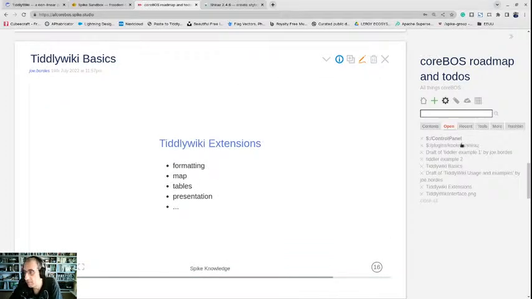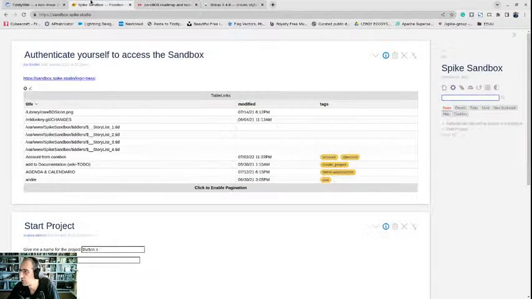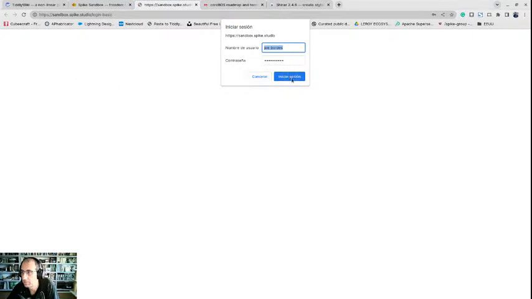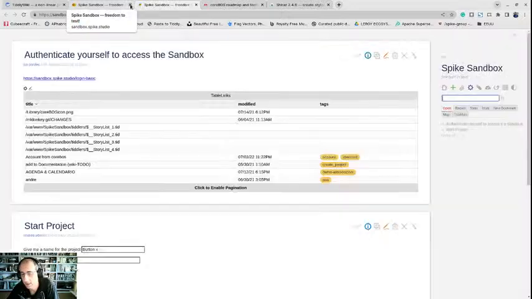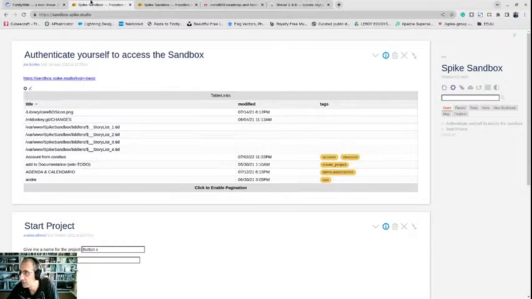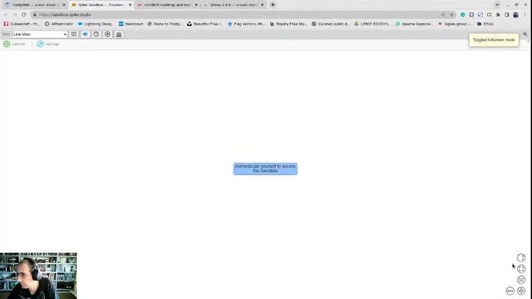In that line, we have the maps, which we do not have installed in this one, but we can come over here probably. Yeah, this is the sandbox that we use. We have our own sandbox where you can connect and test and play and do whatever you want. To edit in this one, you have to click on this link here. This link will ask you for your credentials, and once you do that, you will be able to edit. If not, you can't edit. See, now I have that plus and the edit and all that stuff, which I did not have in this version here. The map actually gives me a view